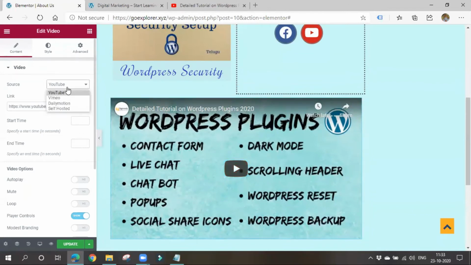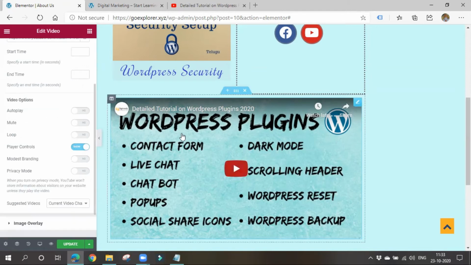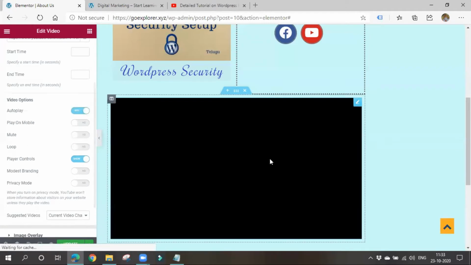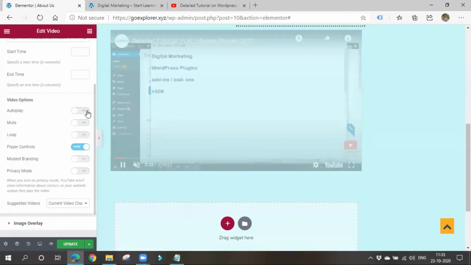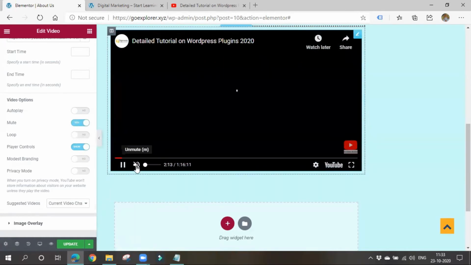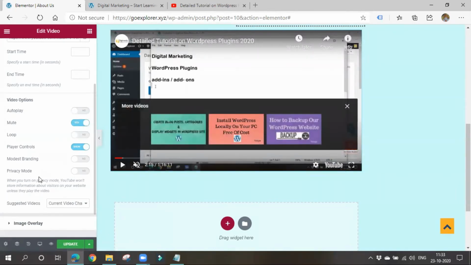So you can also source, it is saying where it is the source. So start time and end time you can give. So if you go to some websites, whenever the page loads, the video will start playing automatically, right? So if you want things like such, you can also set up a autoplay. Means the video will start playing automatically without your interference. Okay. So play on mobile. Okay. Mute. Okay, you can mute the video by default. By default, the video will be in mute state. Okay, see, it is in mute state by default. Okay, so and also you can give some kind of privacy mode, branding, whatever you want.